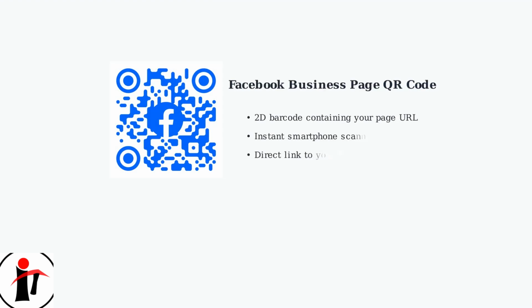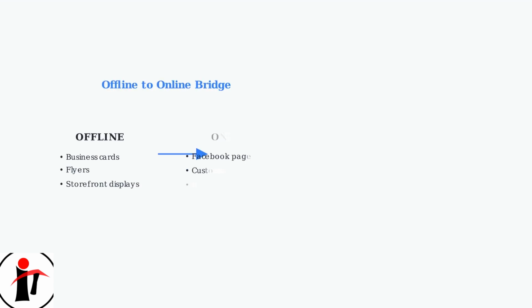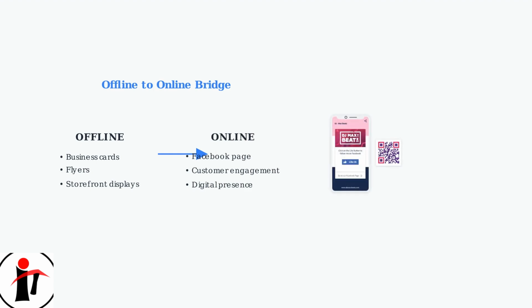A QR code for your Facebook business page is a two-dimensional barcode that contains your page's URL. When someone scans it with their smartphone, they're instantly directed to your Facebook page. Think of QR codes as a bridge connecting your offline marketing efforts to your online presence. Whether it's on business cards, flyers, or storefront displays, QR codes seamlessly guide customers from the physical world to your